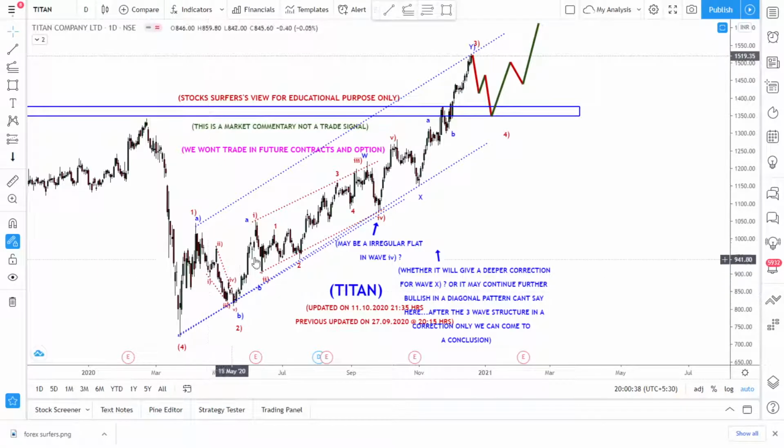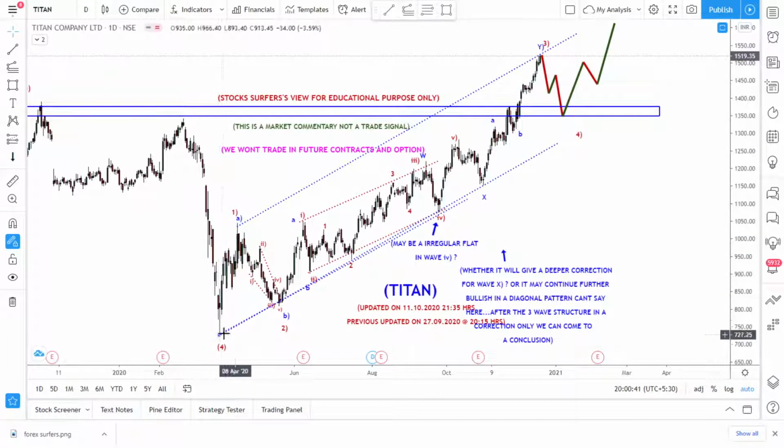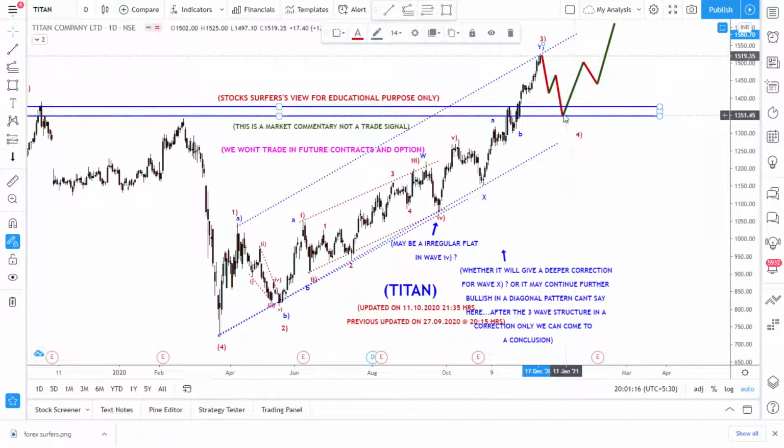But here I got an idea. If the fifth wave is a diagonal triangle wave pattern, so ABC is a 1, ABC is a 2, the whole thing becomes a W, because the third wave got extended, meaning A, B, C is a W, and this is the X continuation pattern, the connecting wave, and A, B, C got completed. So in that case, this could be a third wave, and then the fourth wave has to happen,